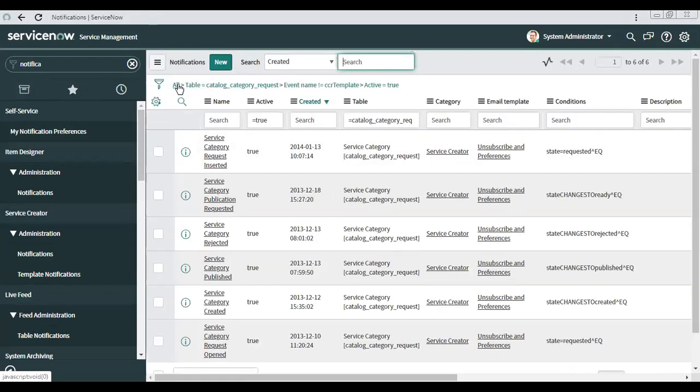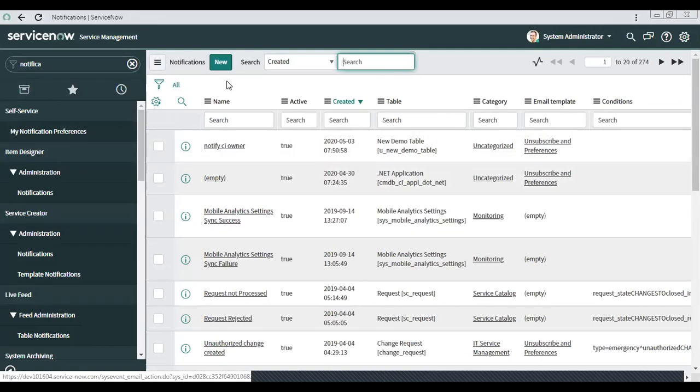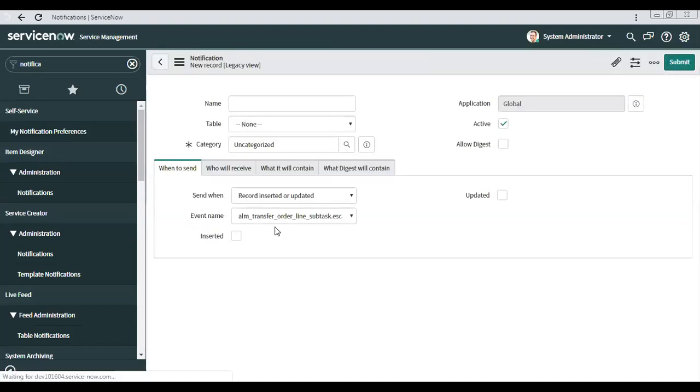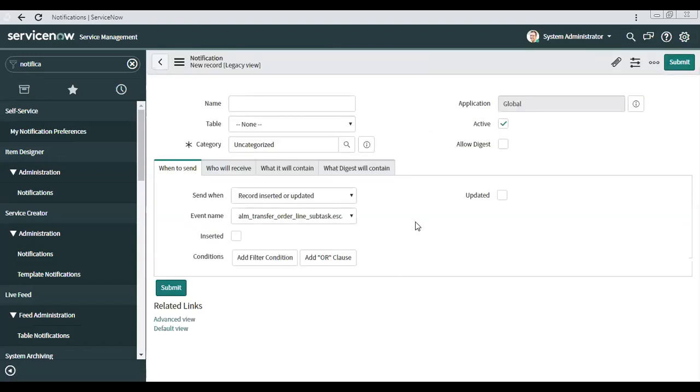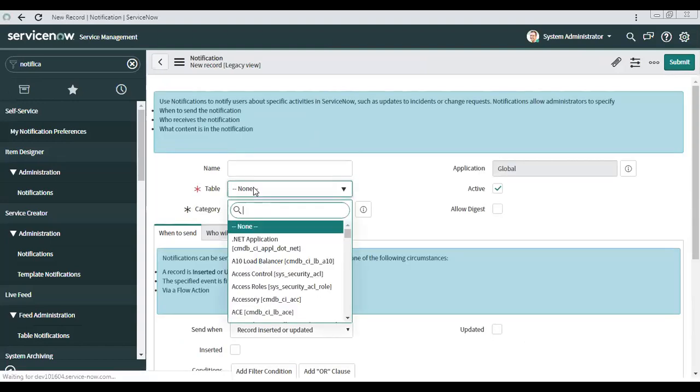We can design the notifications as you know in the service, right? So let's say I am going to design a new notification. What is the use case? I just want to notify the requester as soon as the request is submitted into the system, with the number and other details. The person who has requested or raised a ticket.